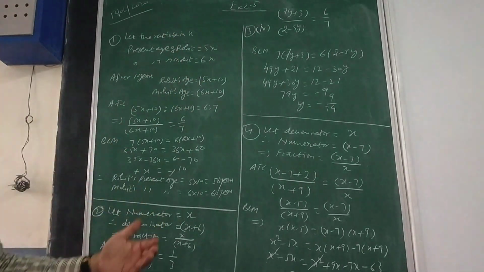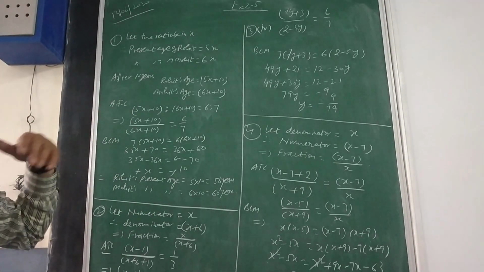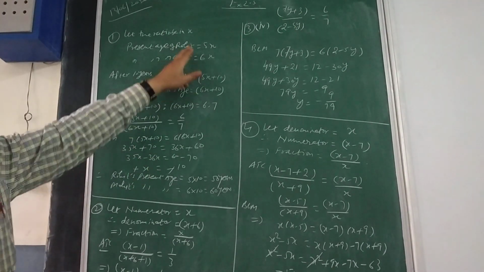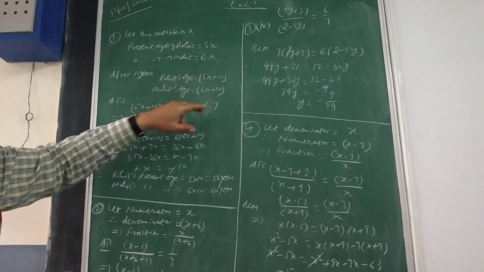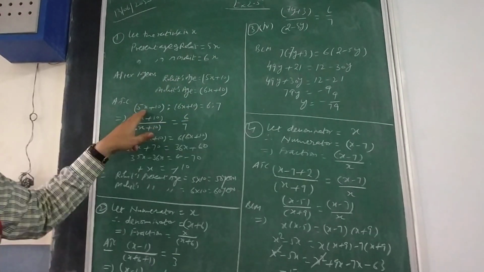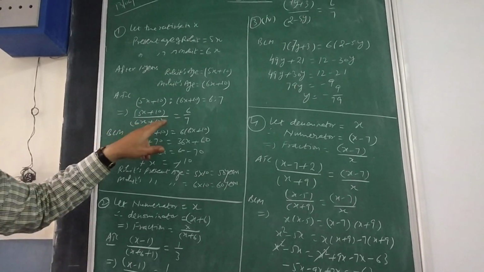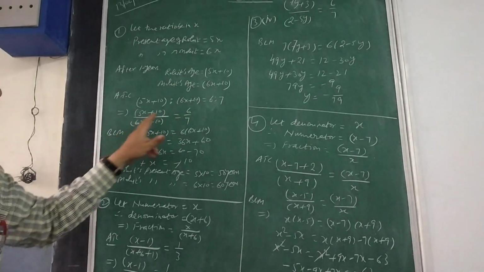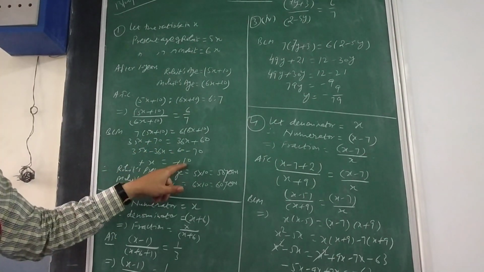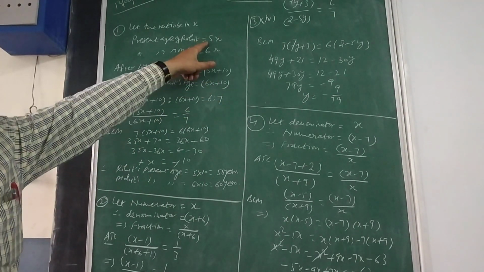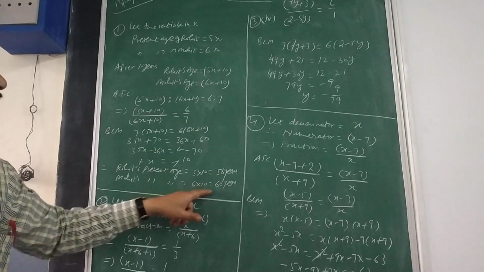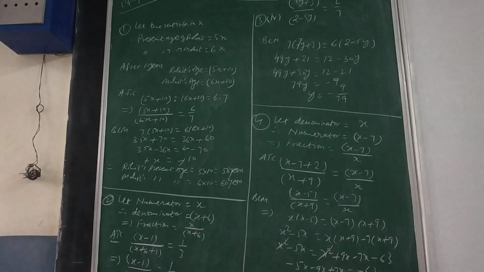Then the condition shifts to after 10 years. If today you are 5 years old, after 10 years 10 will be added to your age. So after 10 years, Rohit will be 5x plus 10 and Mohan will be 6x plus 10, and the ratio becomes 6:7. So the ratio of their ages will be (5x plus 10) upon (6x plus 10) is equal to 6 upon 7. Do the cross multiplication and calculate the value of x. You will get x equal to 10. Put that value back into the present ages: 5 into 10 makes 50 and 6 into 10 makes 60, which is the answer.